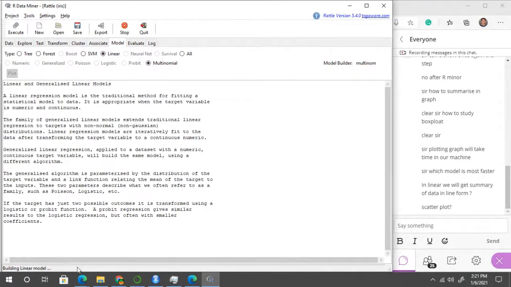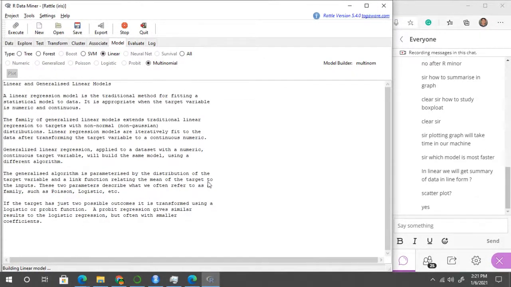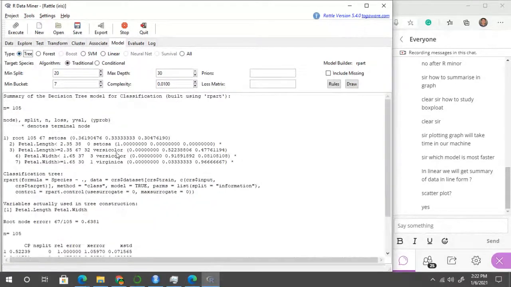Quickly give your response. Okay, so is this particular iris dataset executing on your machine or not? Quickly give your response. As I am using this tree-like structure, it is executing very fast.